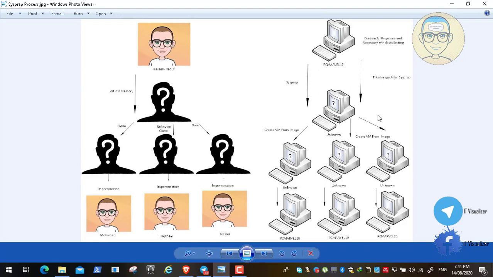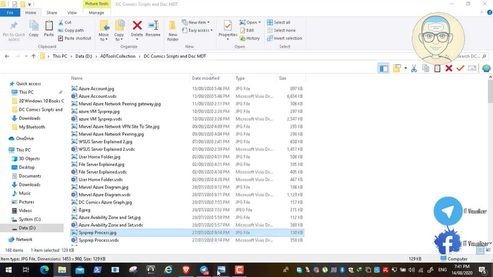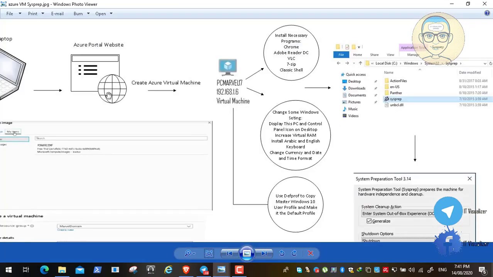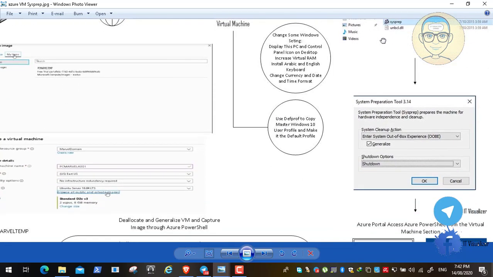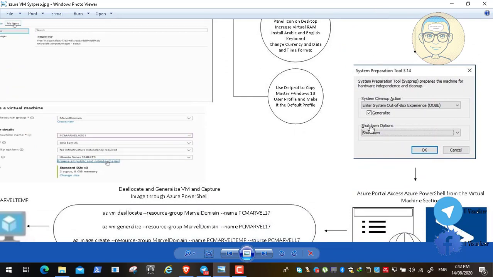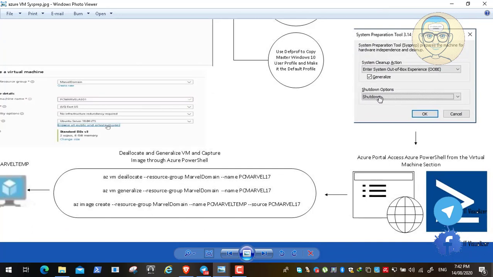Okay, so now let's revise again. We created the Azure virtual machine, installed the different programs, changed the different Windows settings, and used the devprof program to make my Windows user profile the default Windows profile. Then we make a sysprep, check generalize, and shut down. This makes the sysprep to the machine, and then it shuts down the Windows 10 operating system on this Azure virtual machine. Then we begin opening our Azure PowerShell module, which will be running on an